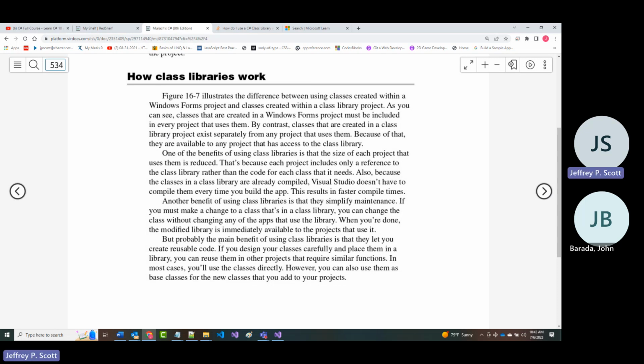Classes within the form project must be included directly in every project that uses them. But if they're in a library, they can exist separately, so they can be made available to any class or any project with access to that library.